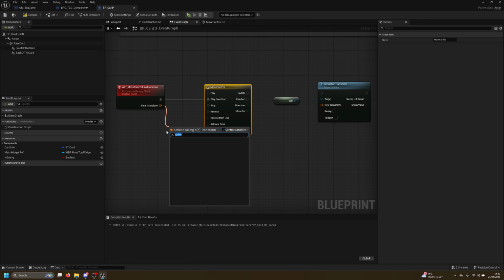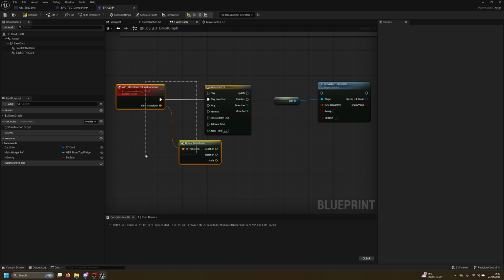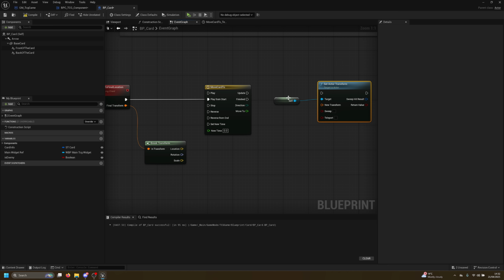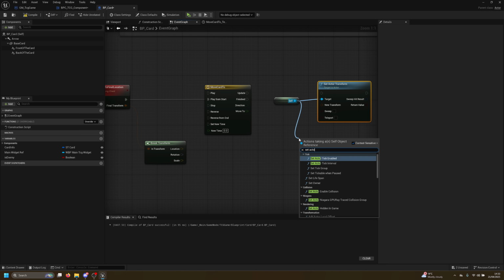Split or make or split. Do we have a split? Break. Yes, break transform. There we go. That's the one I want to use. So now what happened is that basically instead of using the set actor transform, we could go set actor location,